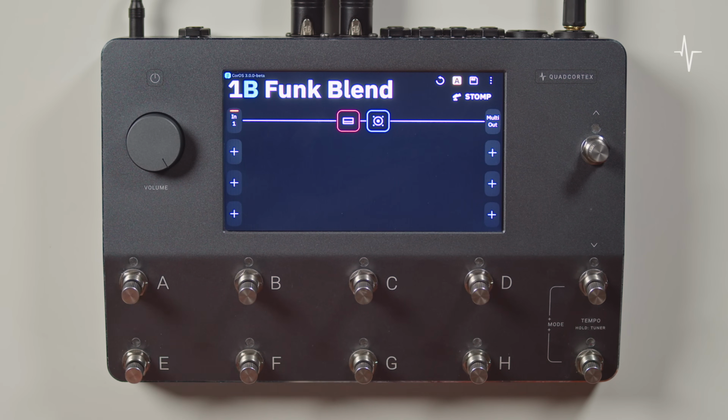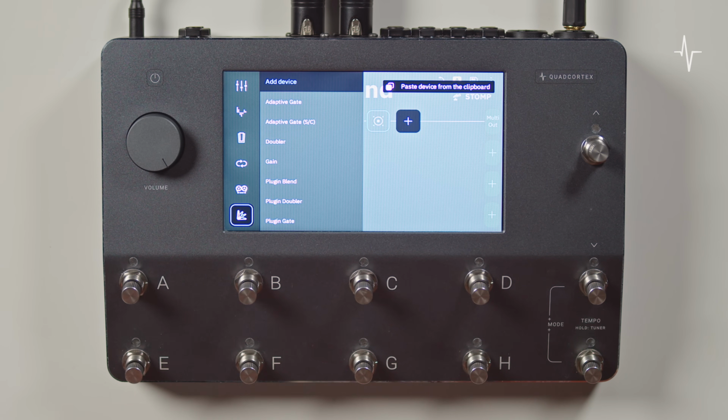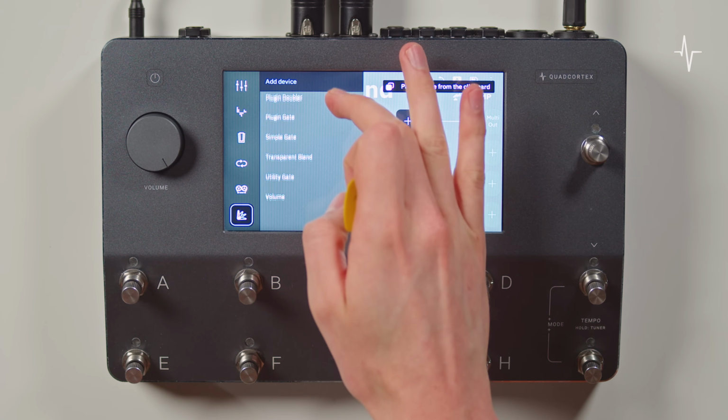The next device we're going to have a look at is called the transparent blend. And this can be used to mix any two signals together. In this simple example, what I'm going to do is blend a clean amp sound with a completely transparent DI taken from the input of Quad Cortex. And this will create a nice blended funk guitar tone where often clean amps and DI'd guitars are used in combinations anyway. So on the grid, I'm going to tap after the speaker, go into utility, and go down to